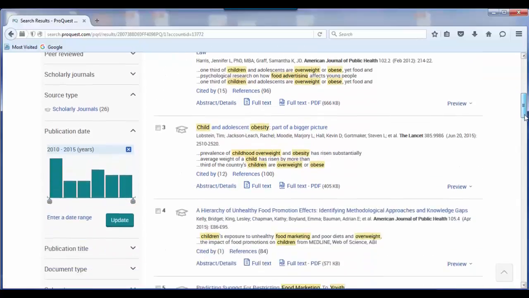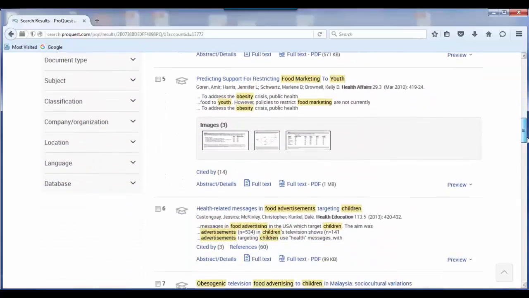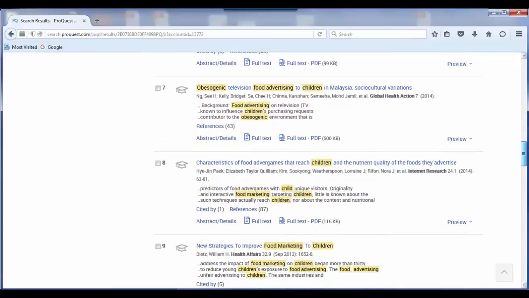So looking through these, I've decided that I'm going to go with number 8, which is characteristics of food advergames that reach children and the nutrient quality of the foods they advertise. It's fairly recent, it's from 2014. And